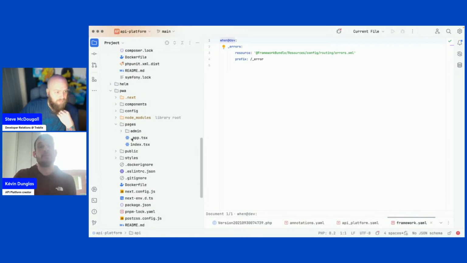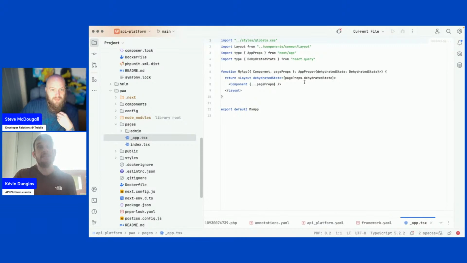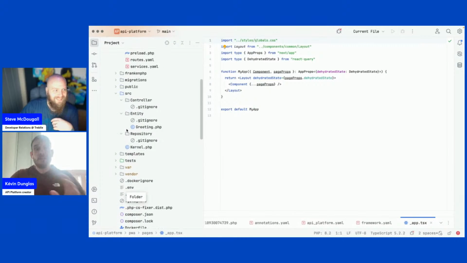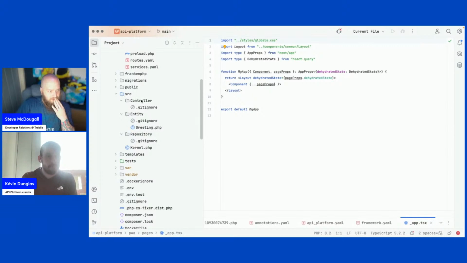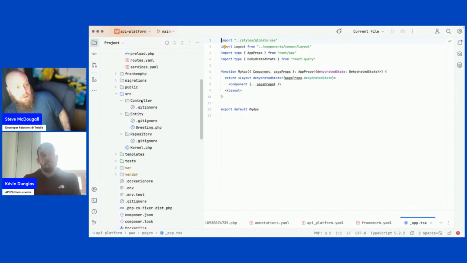It's also why you have a controller directory by default. It is useless with API platform unless you want to use some Symfony features outside of the API platform routes. So you don't really need it. It's there in case, right? If you're building just a RESTful API for your PWA, then define your entities, sit back and enjoy the show, right?